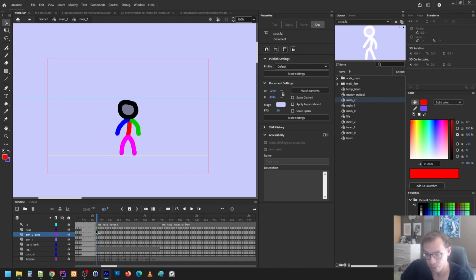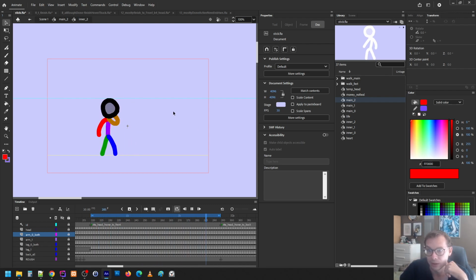So for example, like here, let me just loop this here. So here, what's going to happen is if the cursor hits him on the head, he'll react like his head got hurt. Then here, if he gets hit in the face like that, he'll react like he got punched in the face. And what I do,